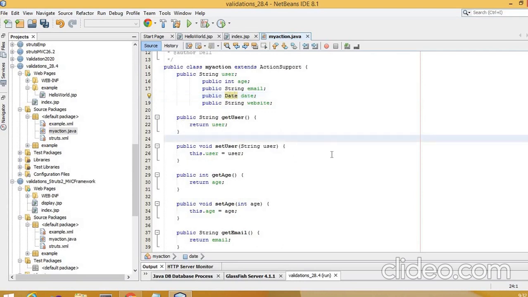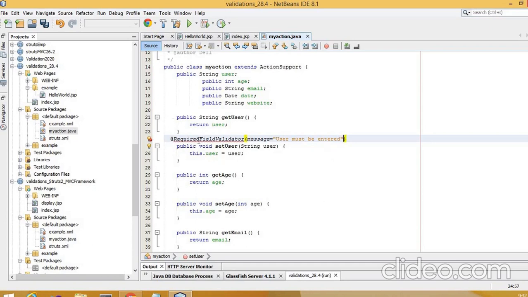So we will just add here required field validator, and I'll just give the message over here as date must be entered or user must be entered. Okay, user must be entered.